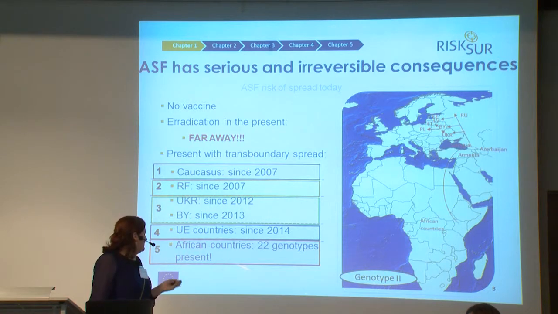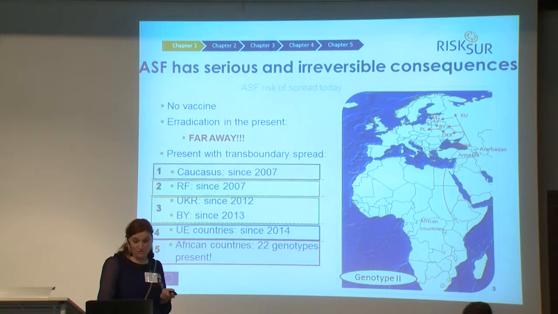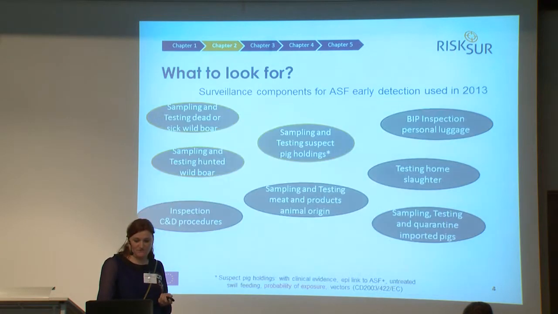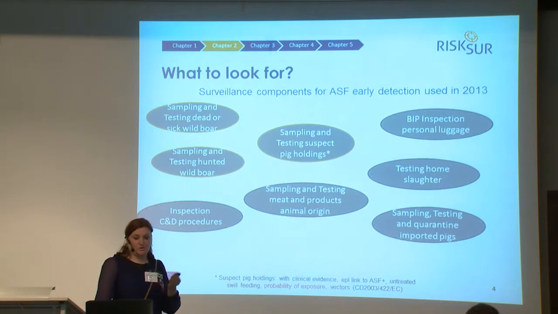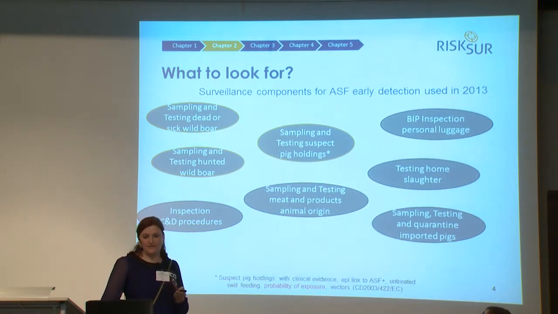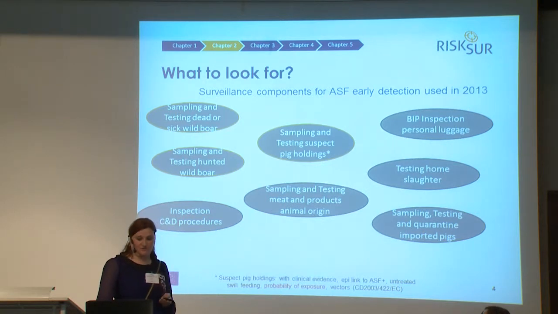Here. The European Union countries, and we still have African countries where all 22 genotypes of African swine fever are present. So the way I have structured the talk is to compare what was done in the European Union before African swine fever entered, and what we think would improve the performance of early detection of African swine fever. So, some of the surveillance components that were mentioned at the time,